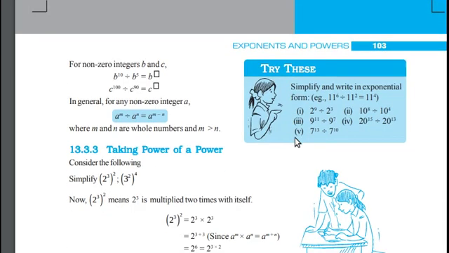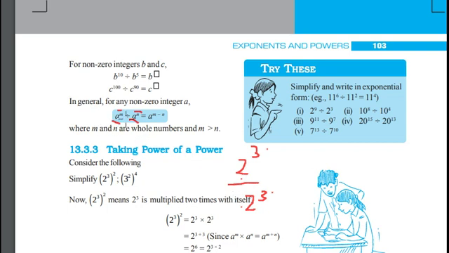There is one interesting question here. What about 2 to the power of 3 divided by 2 to the power of 3? Here base is also same and exponents are also same. Now let us apply this idea: a to the power of m divided by a to the power of n is equal to a to the power of m minus n. Here m is 3 and n is 3 and we have same base 2 and 2.